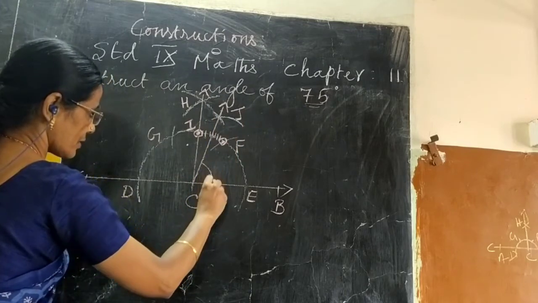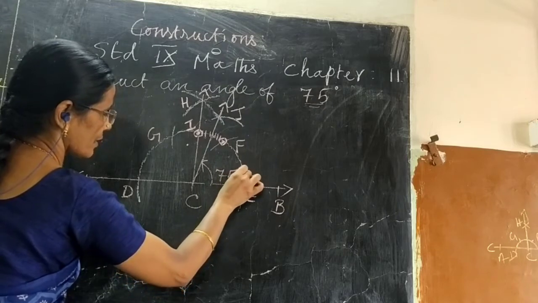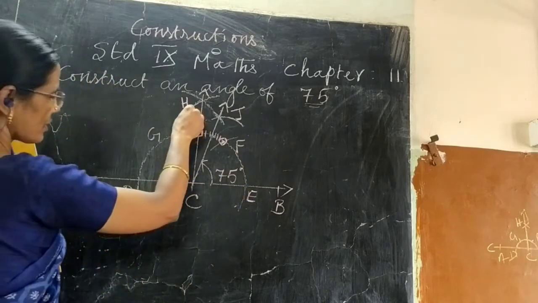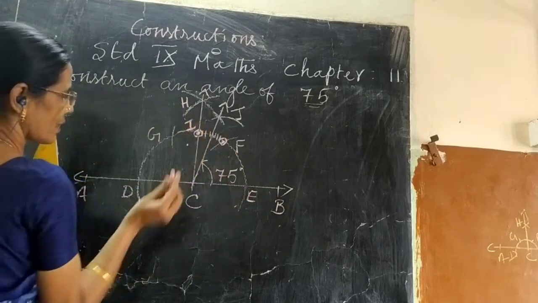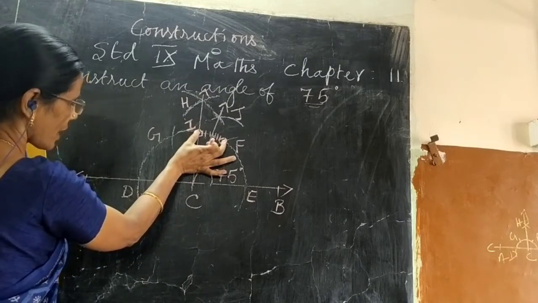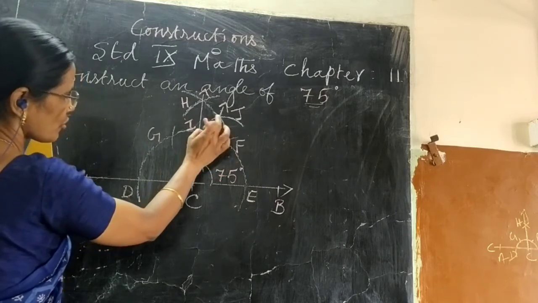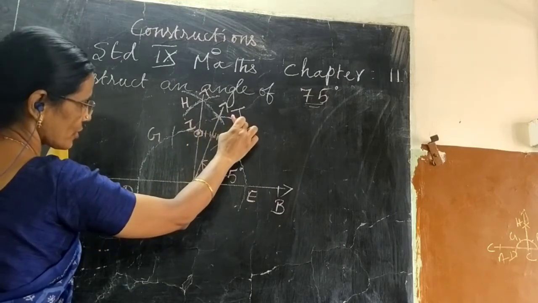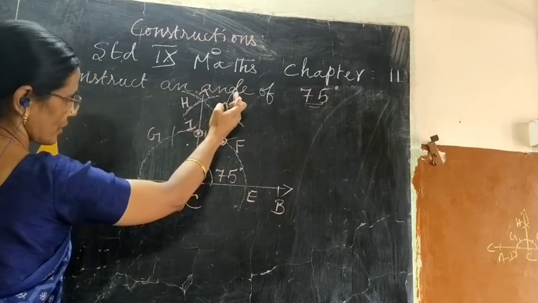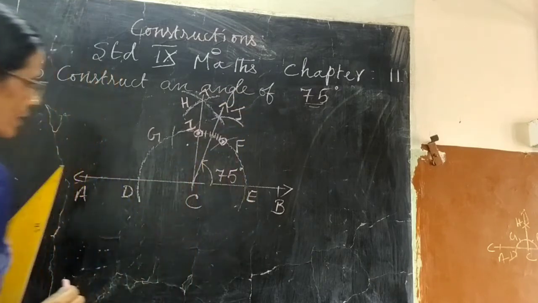So this angle is the required angle, which is 75 degree. Hope you understood. 90 degree already we had done. So repeat 90 degree and bisect this section. So taking F and I center, radius more than half of IF, draw two arcs to intersect at the point J. If CJ is constructed, we will get angle JCE is 75 degree.